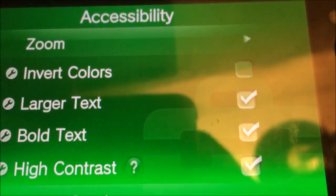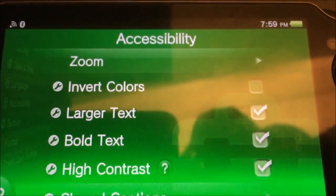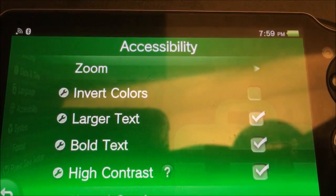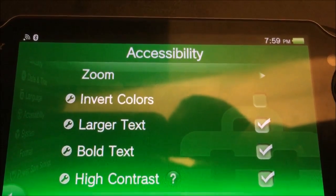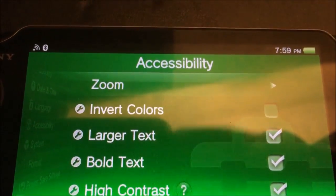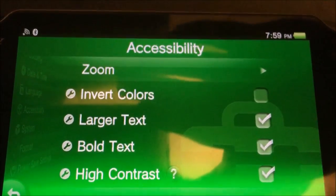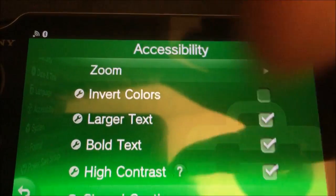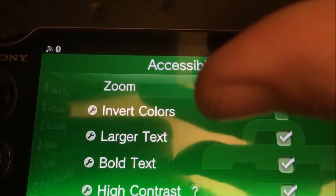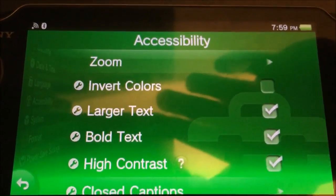And so instead of just inverting it, they could work sort of like how, again, a screen magnifier program like ZoomText or MAGic would work, or even some apps like Voice Dream on iOS, where if you do custom, you'll go into a separate menu and it'll say foreground color or text color and then background color. So instead of having this green background here, and then the blue on the store and the home page or the home screen there, the dashboard, whatever you want to call it,